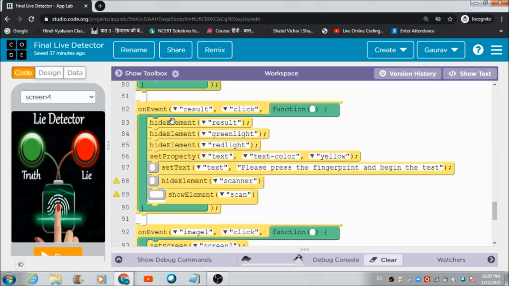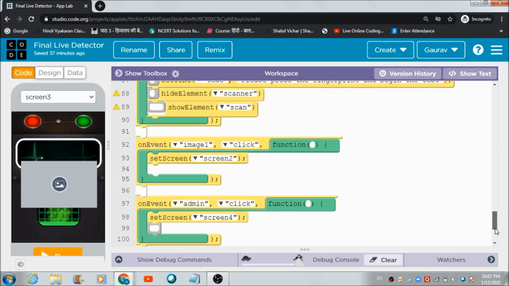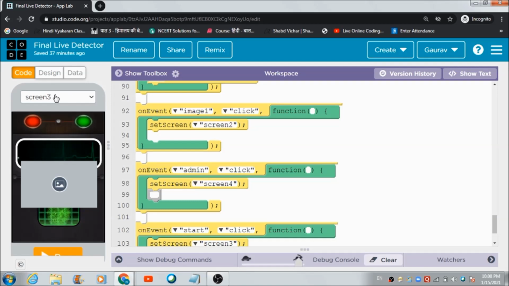Now finally, when the user hits this result button to reset the app, all the things which were initially hidden will disappear again, and the things which were initially visible to the user will be visible again. So this is the whole code which is going to get executed by this platform when the user hits this result button.